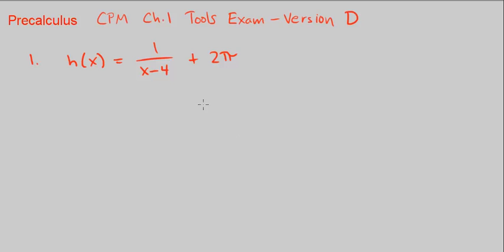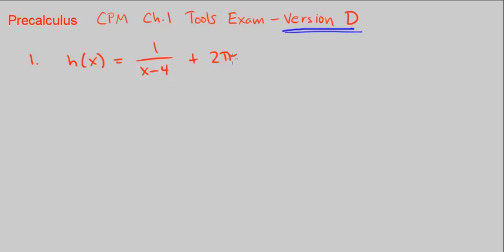This is the Precalculus CPM Chapter 1 exam on tools, version D. Okay? So number 1, we were given this function, h of x is equal to 1 over x minus 4